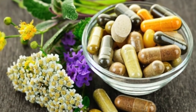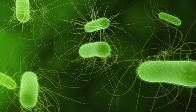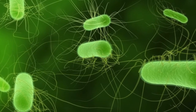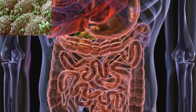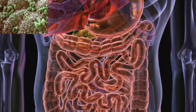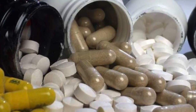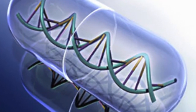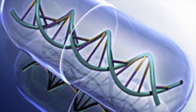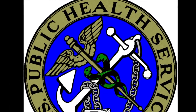If you were to engineer one of those, in this case it would be an E. coli strain, or it could be some other organism in the future, those would not be eligible for regulation as dietary supplements, and they would instead have to be regulated as drugs. So the product would be regulated as a drug. Because it's a living organism, it would be regulated as a so-called biologic under what's called the